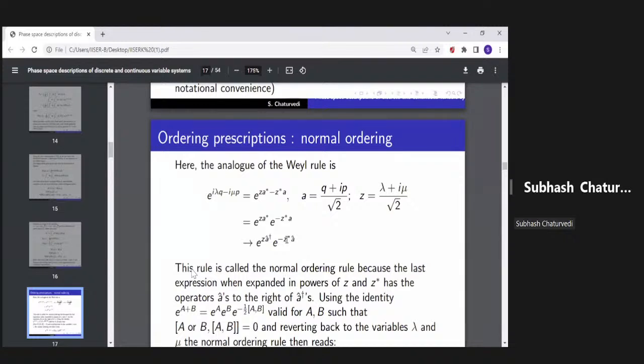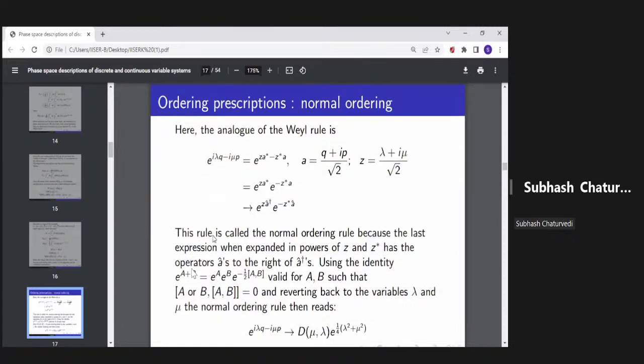Again, as before, by following the same method, equating like powers of lambda and mu on both sides, any monomial in Q and P, you have the corresponding operator acting on the Hilbert space. This rule is called normal ordering because you notice that on the right-hand side, the operators always appear in a form in which A daggers appear to the left of the A's, and therefore it is called a normal ordering